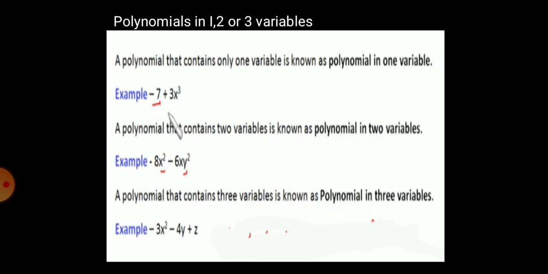denoted by p(x), q(x), f(x) and so on. And suppose a polynomial contains two variables, x and y, or z, p and q, anything, then we call that polynomial a polynomial in two variables and it is written as p of xy. But we don't learn p of xy till our 10th class. The polynomial in two variables is learnt in higher classes, but we learn polynomials in two variables for solving them. And polynomial in three variables means, in any polynomial, if three variables are involved, suppose x, y and z, then such a polynomial is called a polynomial in three variables.